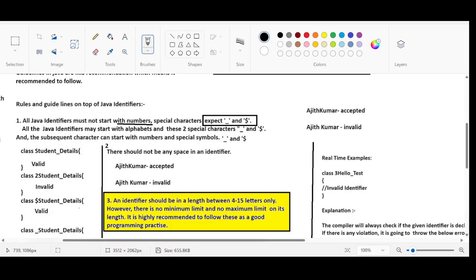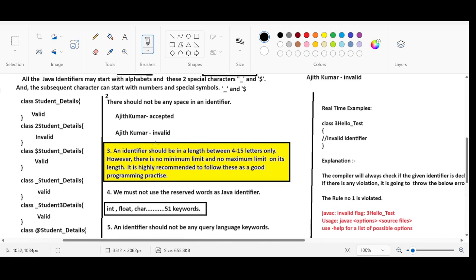We are not supposed to start an identifier with numbers, and there are some exceptional cases like the underscore symbol and the dollar symbol. We can start an identifier with the underscore symbol and the dollar symbol. Apart from that, numbers are not allowed. And the second thumb rule is like,